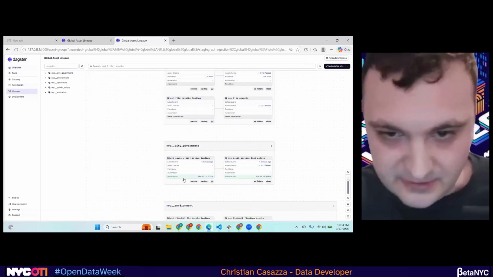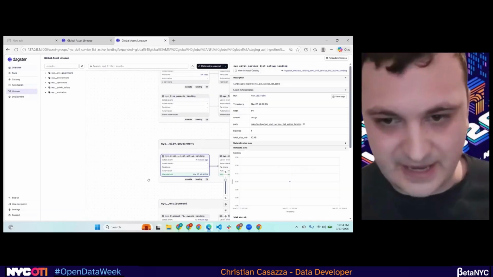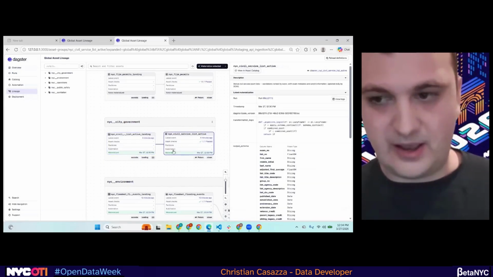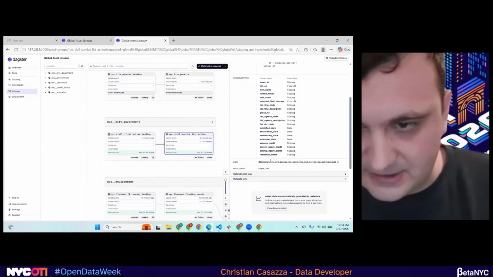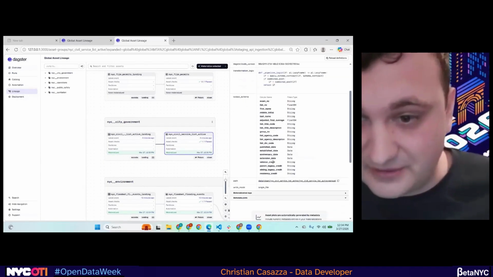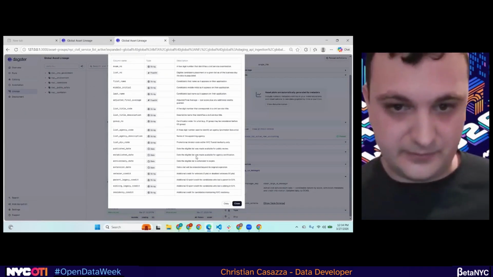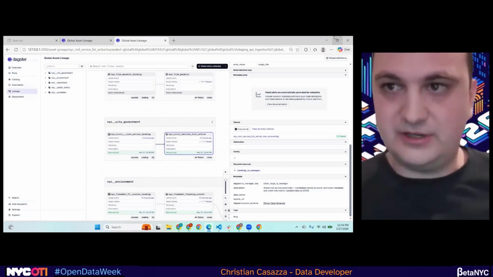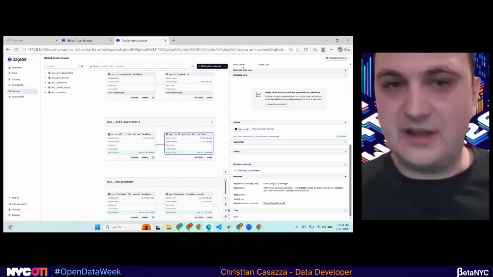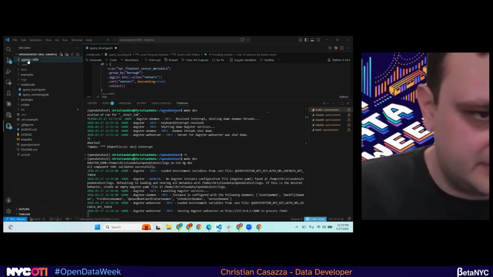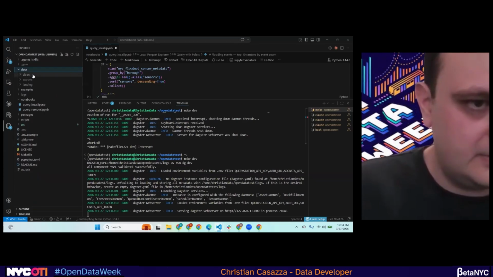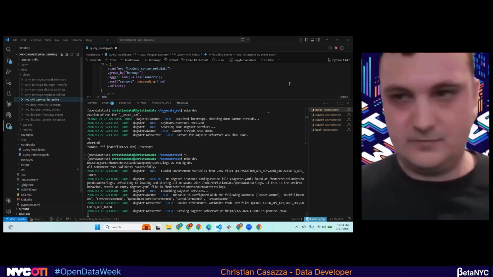So this is now in city government. This new asset that we had it build is here in the UI. We can go find it, see when it ran, and see what it ran and the logic it used. We can actually grab this nice metadata of the full description. Great, we can check it out. So now I can go back and confirm it. It's in here. Great, there it is.